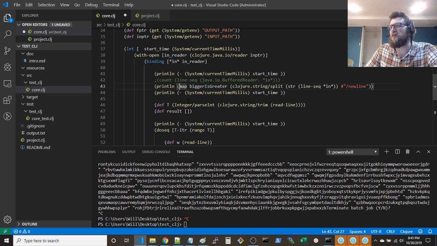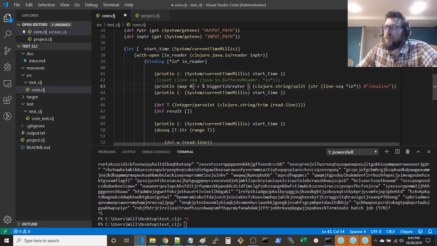We actually want to do two things with this map. We want to say first, bigger is greater, convert this value, and then we want to